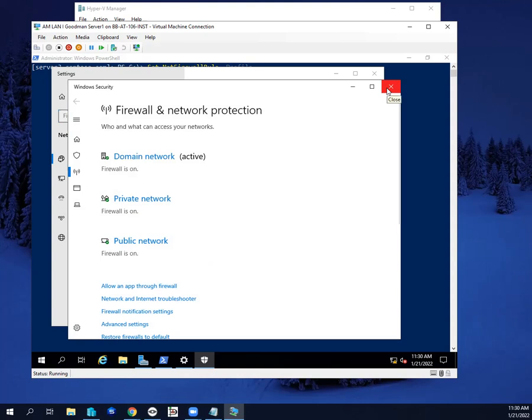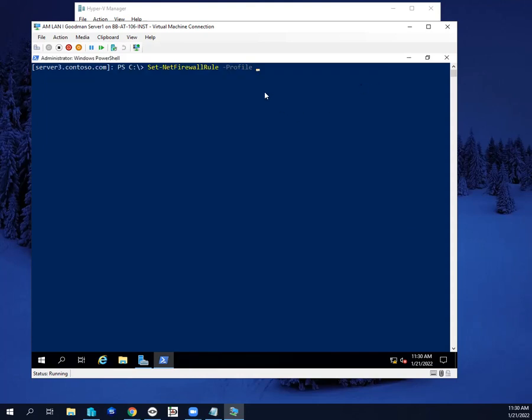Those are the different profiles it can run on. So I want this to only work on domain. That will help limit it to domain-attached computers and not let non-domain-attached computers connect. So Set-NetFirewallRule -Profile Domain